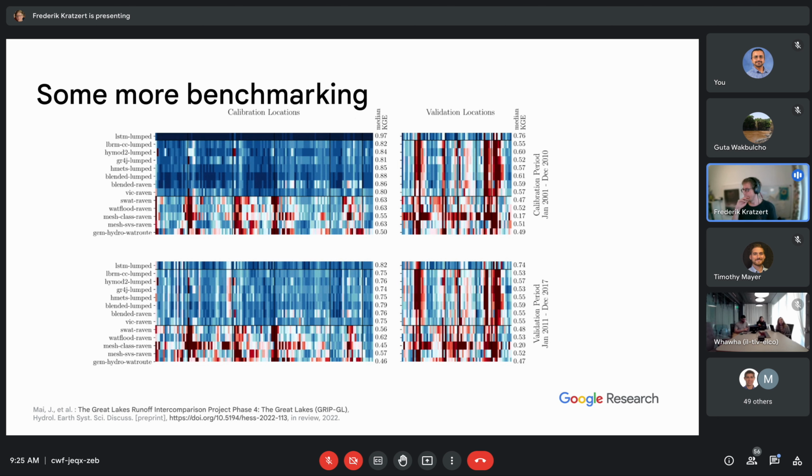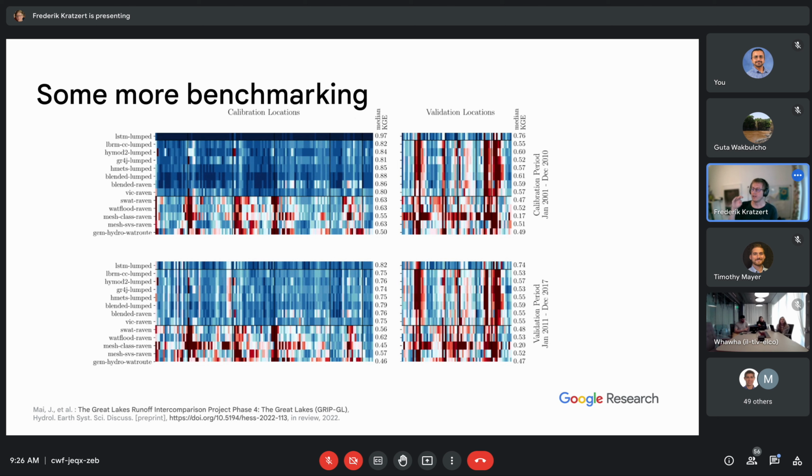So this plot is a bit different, but essentially what we see is 4 plots, in these pcolor plots, the rows are the different models, and the columns are basins.